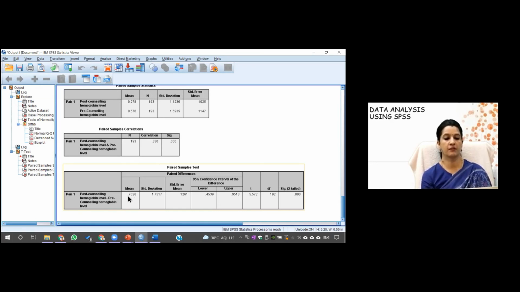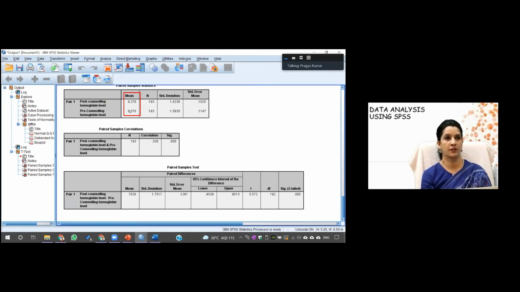This 0.720 is the difference, because you can see the mean hemoglobin level here. This is the difference of the mean hemoglobin level. Before counseling, hemoglobin was 8.5. This was the pre-counseling. And after counseling, the hemoglobin was 9.2.